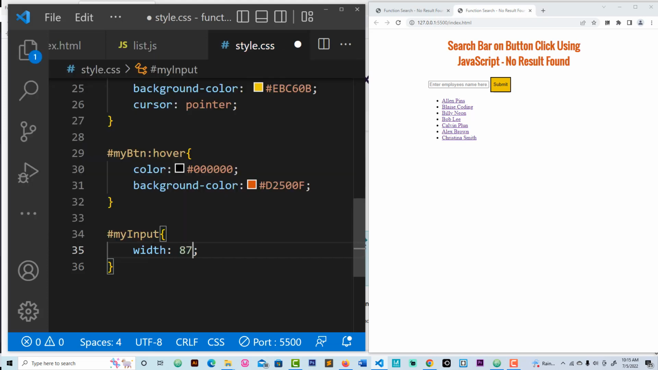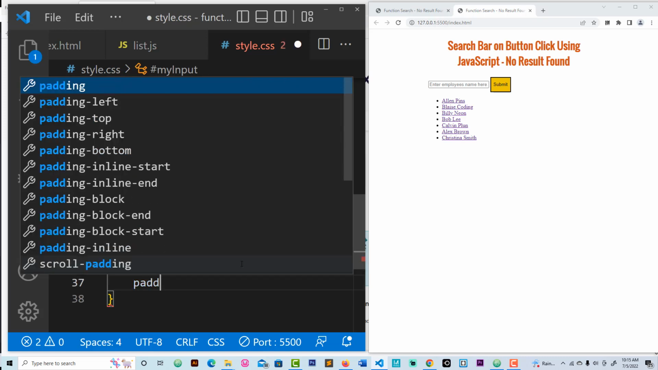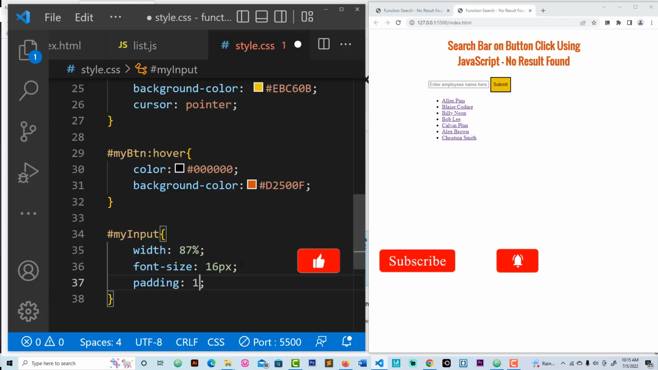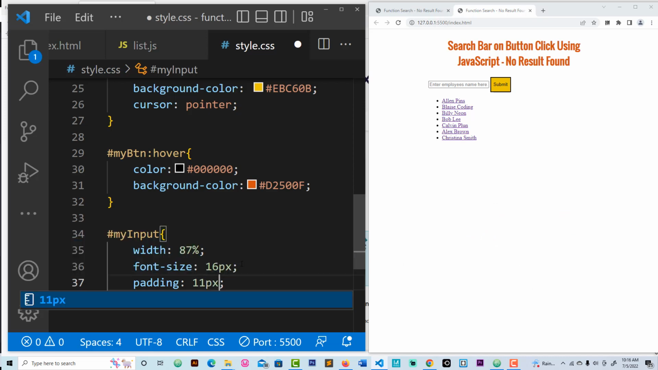87%, okay, and I need a font size of 16, not too big, not too small. And I need a padding of top right, bottom left. We can say it that way, top right, bottom left. I'm going to say padding 11 pixel, 20